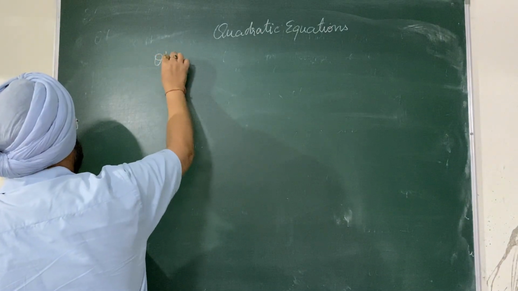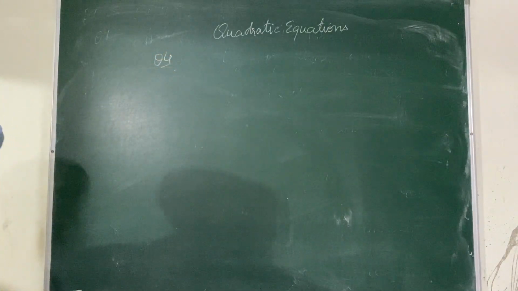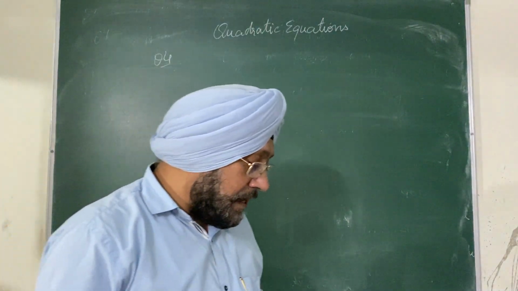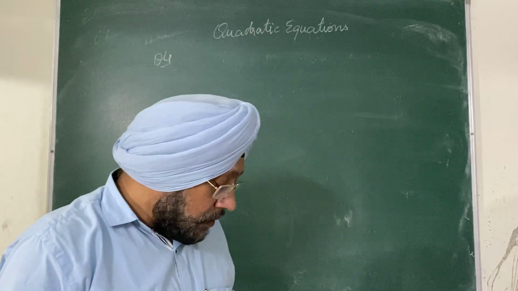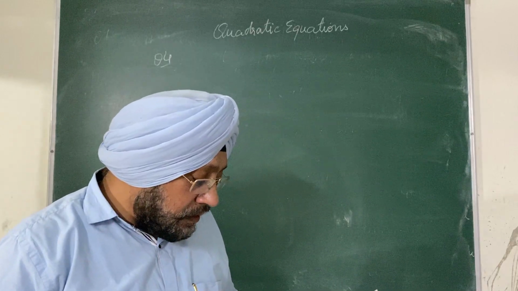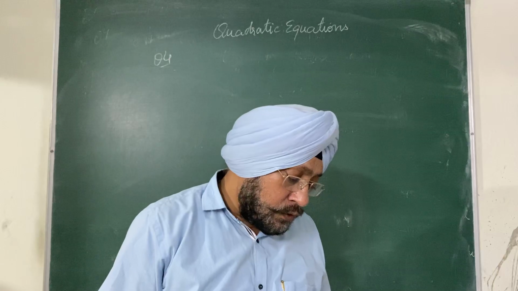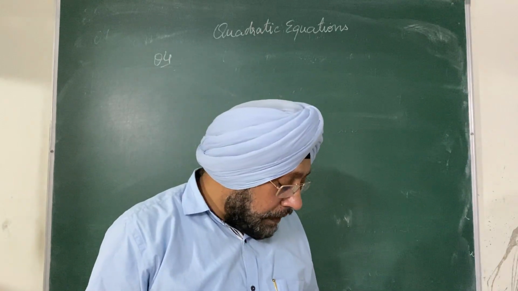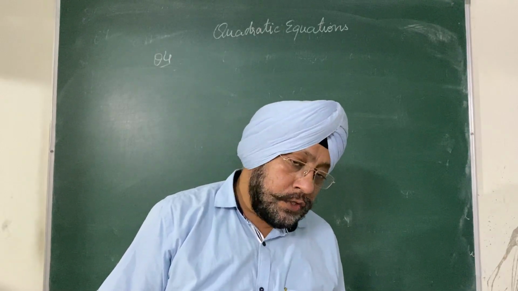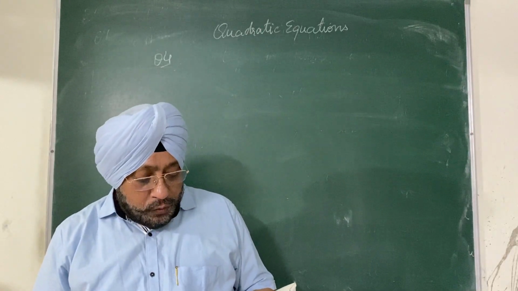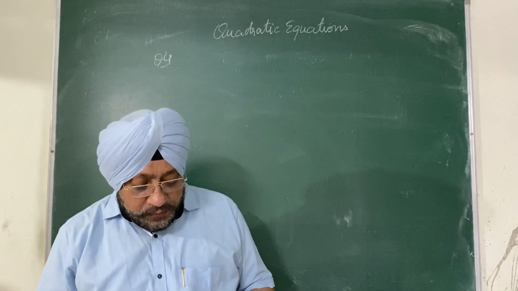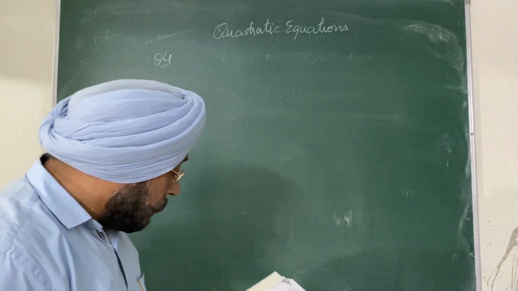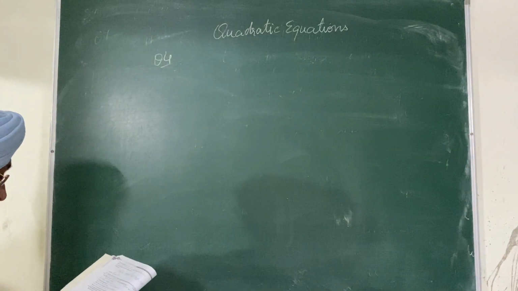Now see, what is question number 4? Again we are having a statement sum. The sum of the ages of a mother and her daughter is 20 years. 4 years ago, the product of the ages in years was 48. So we have to check, is the situation possible? If so, find the ages. Clear? So let us suppose,